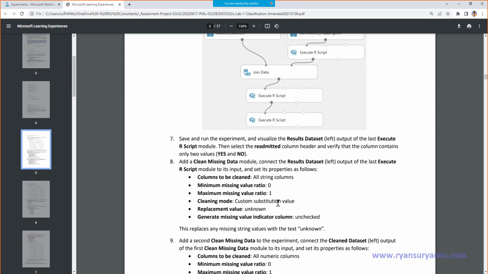Cleaning mode is custom substitution. Replacement is unknown. So all the string values that are missing will be replaced with unknown. Sometimes they have null, so we don't like null, we want to replace it with unknown. And generate missing value indicator column is unchecked. So all string columns, be careful.